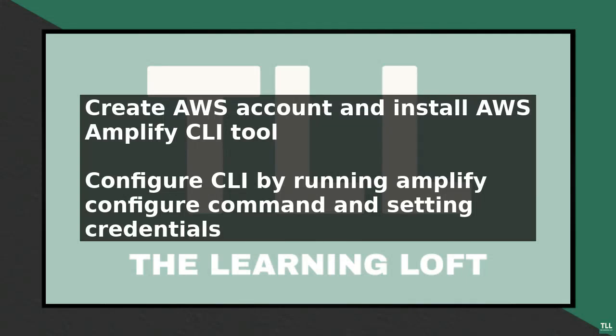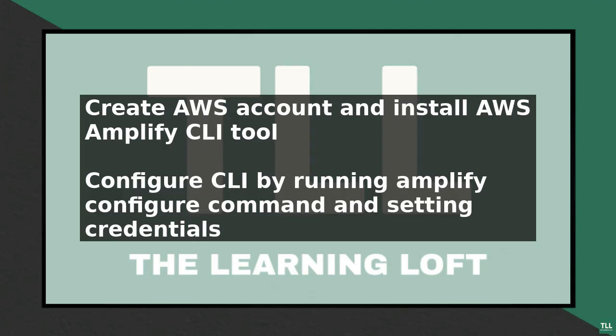To set up AWS Amplify user pools, start by creating an AWS account and installing the AWS Amplify CLI. The AWS Amplify CLI is a tool that helps you to create and manage AWS Amplify projects. Once installed, configure the CLI by running the Amplify configure command and following the prompts to set up your AWS